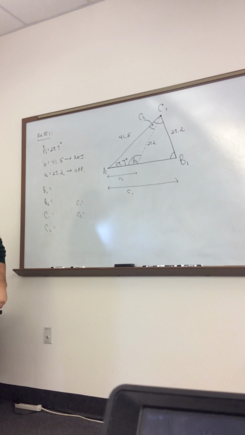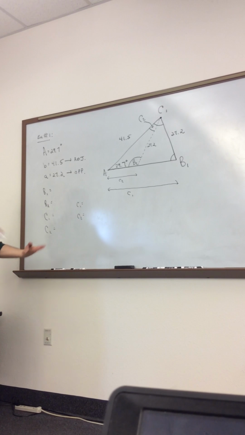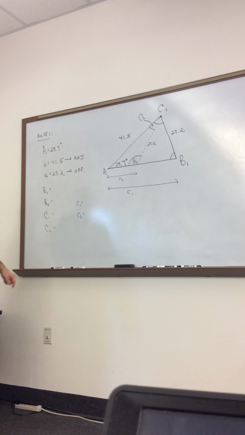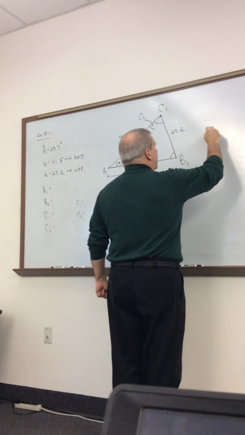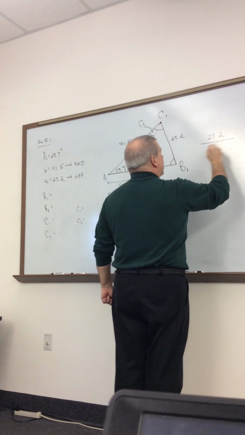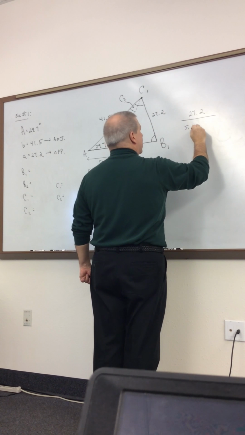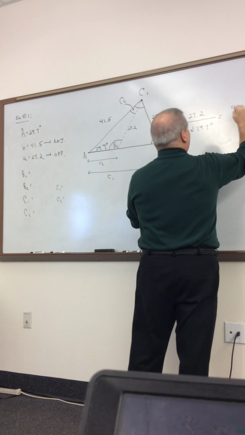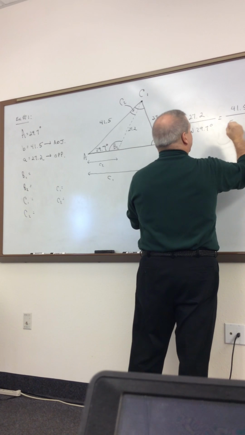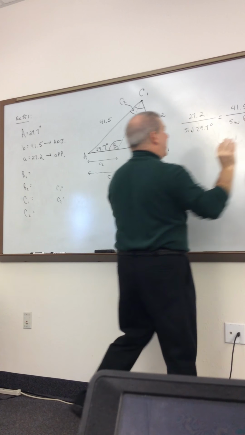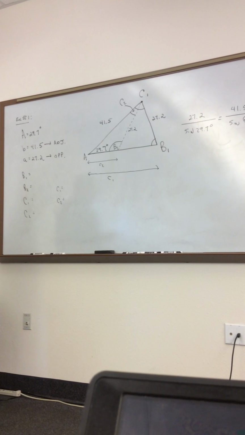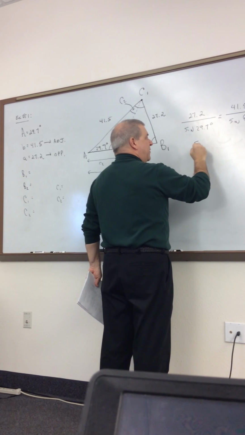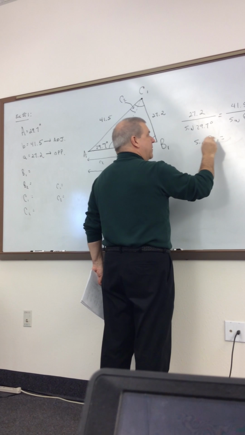This is the A over sine of A equals B over sine of B. Tell me what the proportion is. You have to write it down. It's got to be on the paper. David, 27.2 over sine of 29.7 equals 41.5 over the sine of angle B sub 1. Everybody write that down. So the sine of B sub 1 must equal